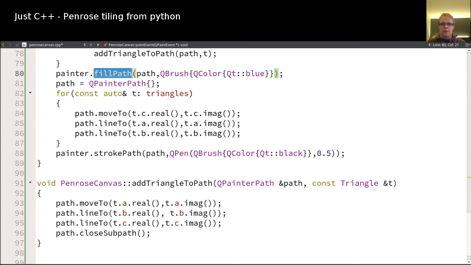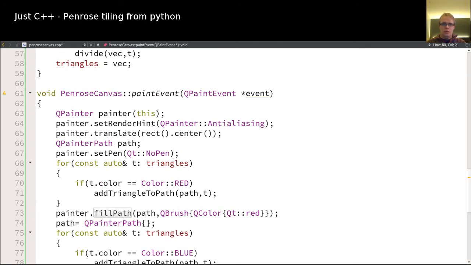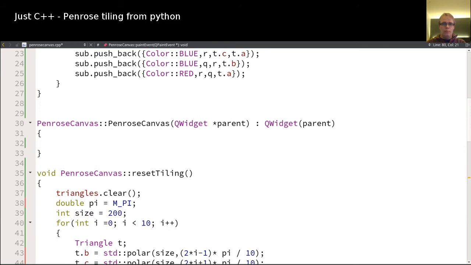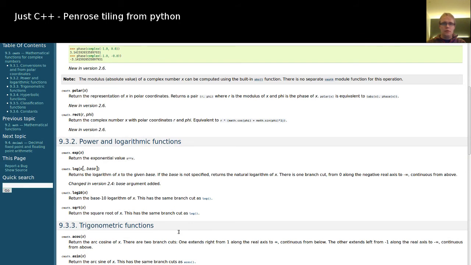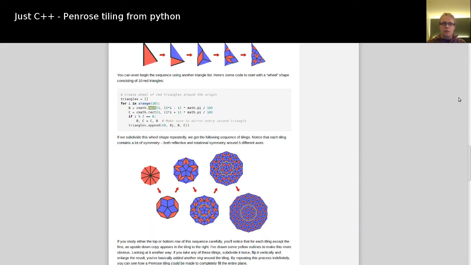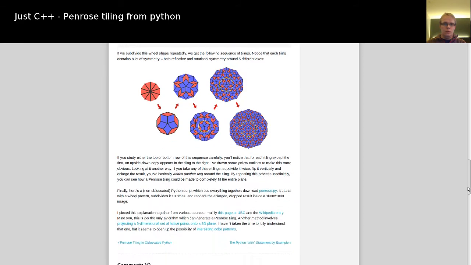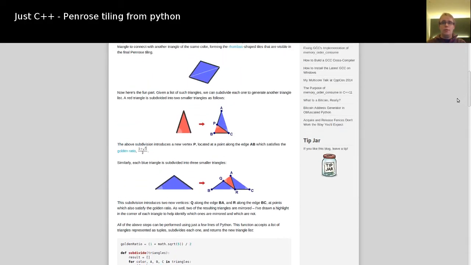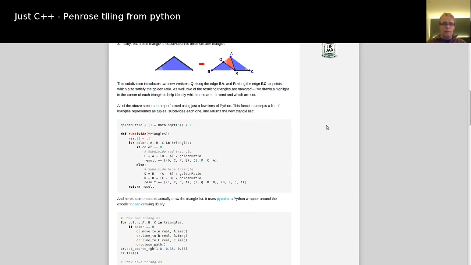And this is basically all the code which was needed, which got ported from Python. If I go back in the browser, I can show you that again. So this is a blog entry. I'm going to link this below so you can look at the original, and there are some other solutions here, and it's actually quite fun to play around with. But while porting the code which divides here, I made the error that it's b minus a, and I made it a minus b, and this caused a fairly interesting error,